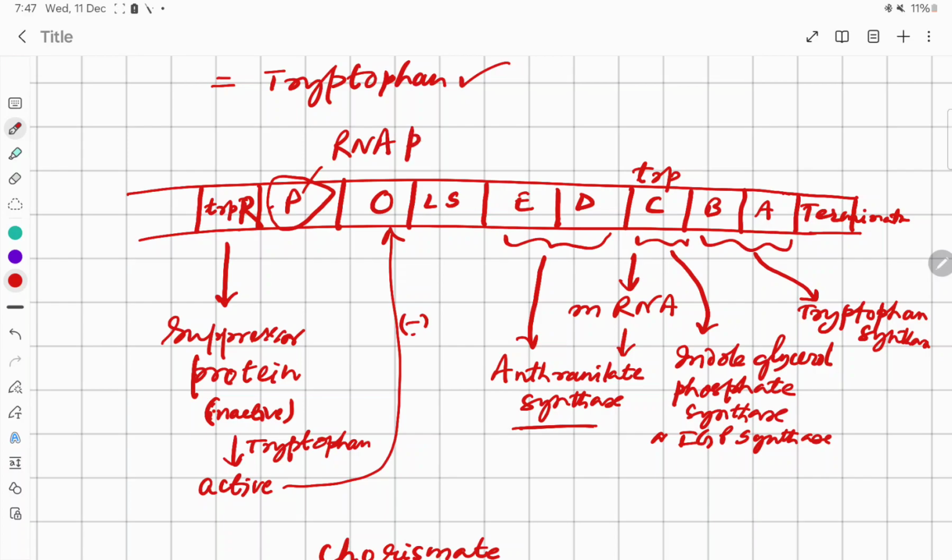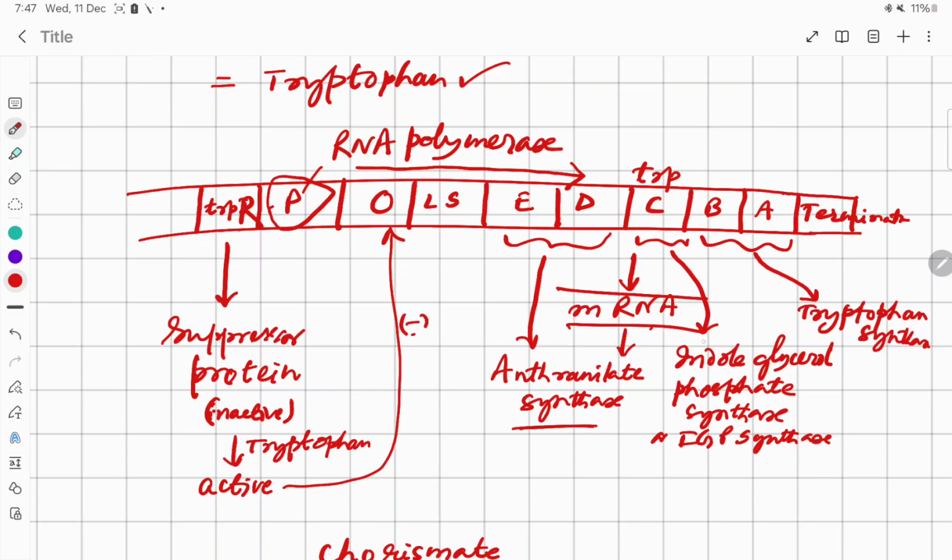So RNA polymerase is required for the transcription of DNA to messenger RNA. DNA or genes, all the genes will be transcribed to messenger RNA. When RNA polymerase will move along this path, so one by one all the genes will be transcribed,